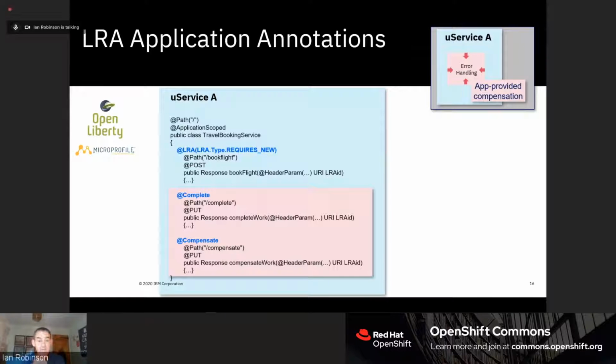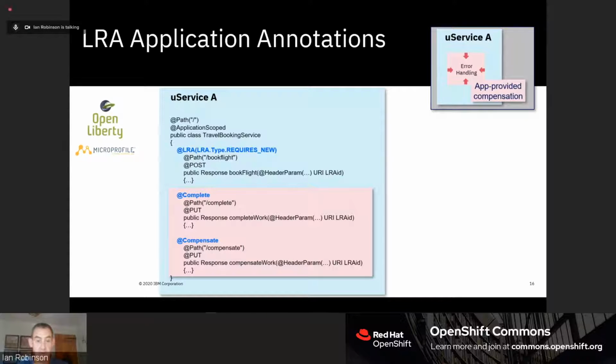And then having created a service with a forward processing piece of logic in the book flight method, the application developer is required by LRA to provide 2 methods, one of which will be run at the end of the long-running transaction, depending on how the transaction ends.